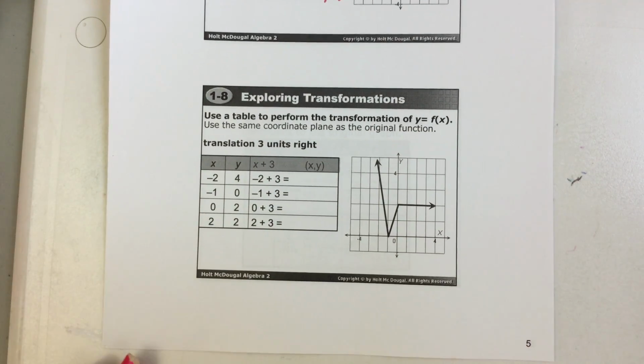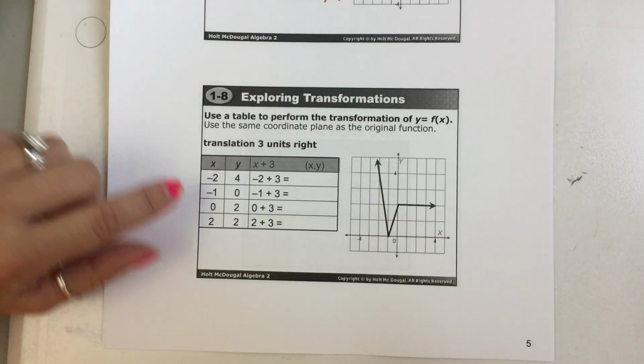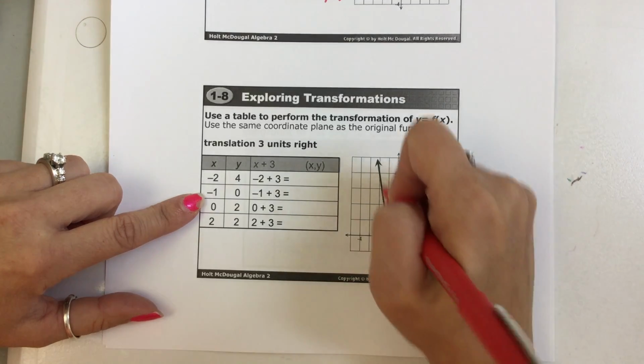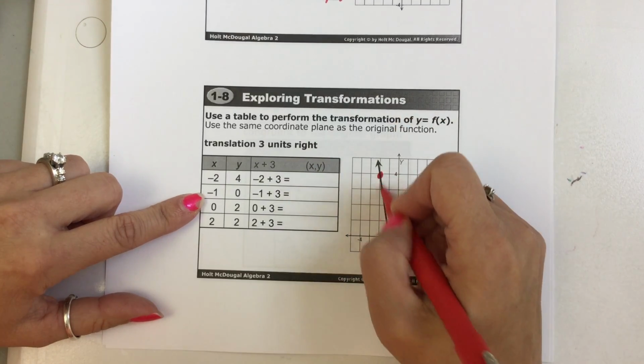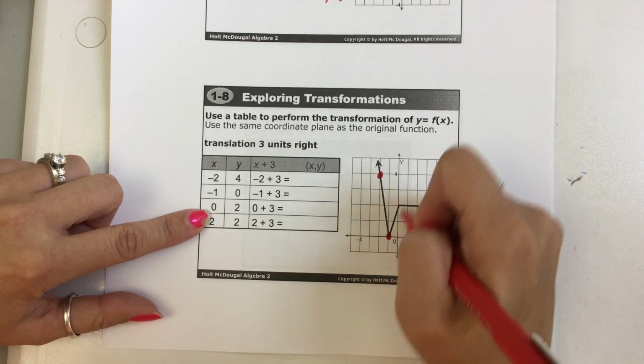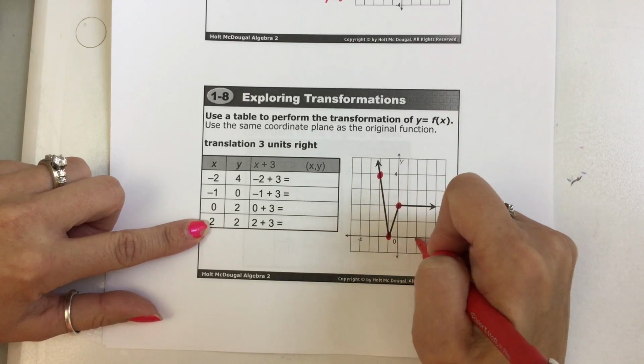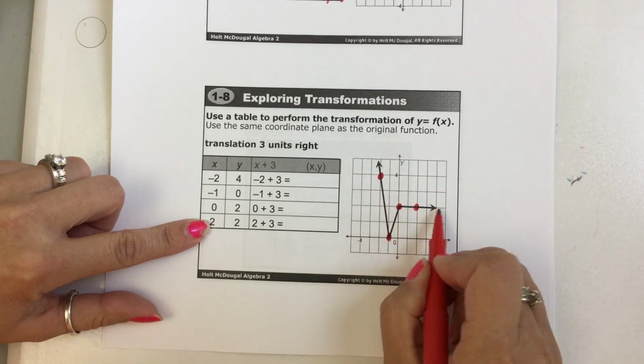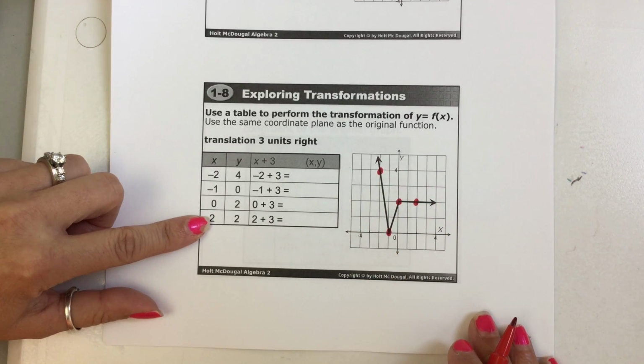Super cool stuff. Okay, let's go ahead and look at this check mark. Again, to save us time, I found the ordered pairs for us. If I go to the left 2 and up 4, there's a point. Then -1, 0. So I figured that would be enough to get us that line. 0, 2, and then just to show that it remained constant, meaning it stayed horizontal, I picked another point on